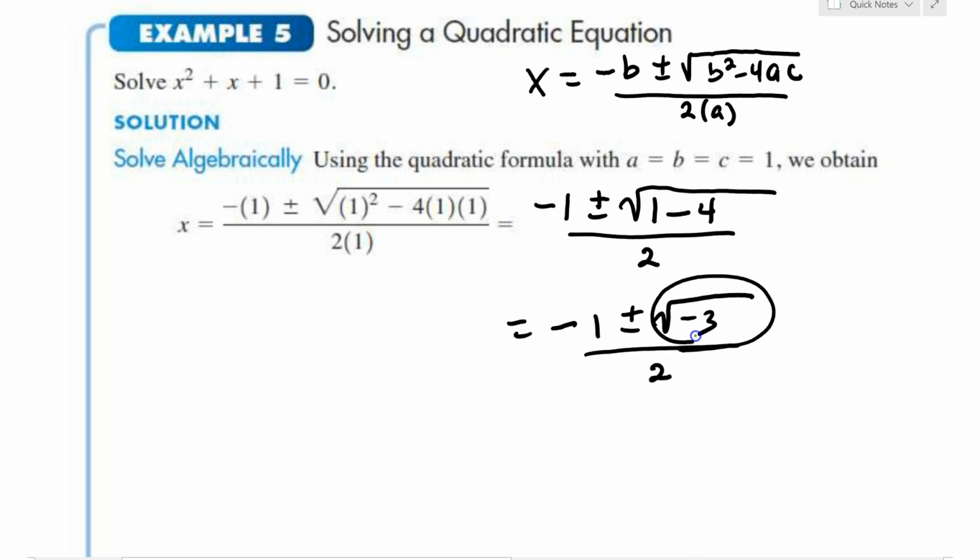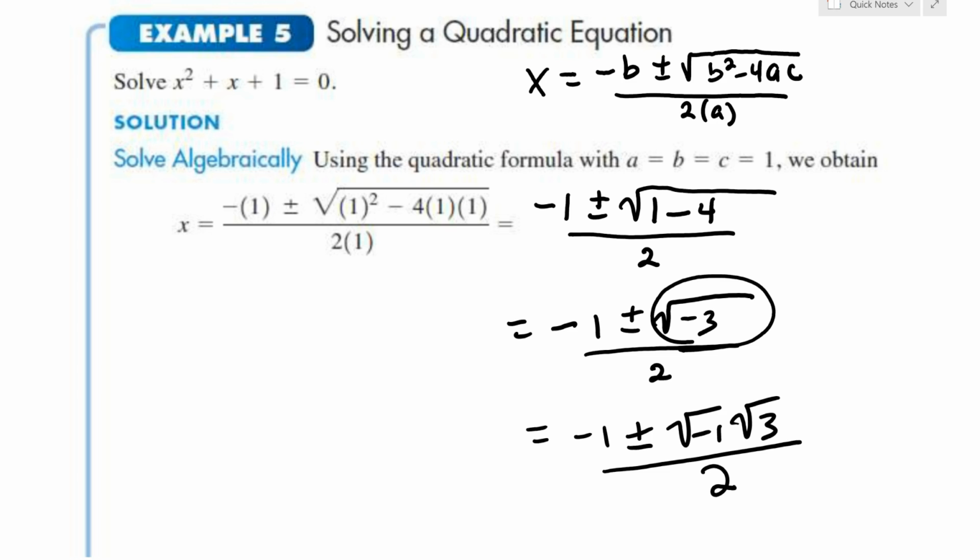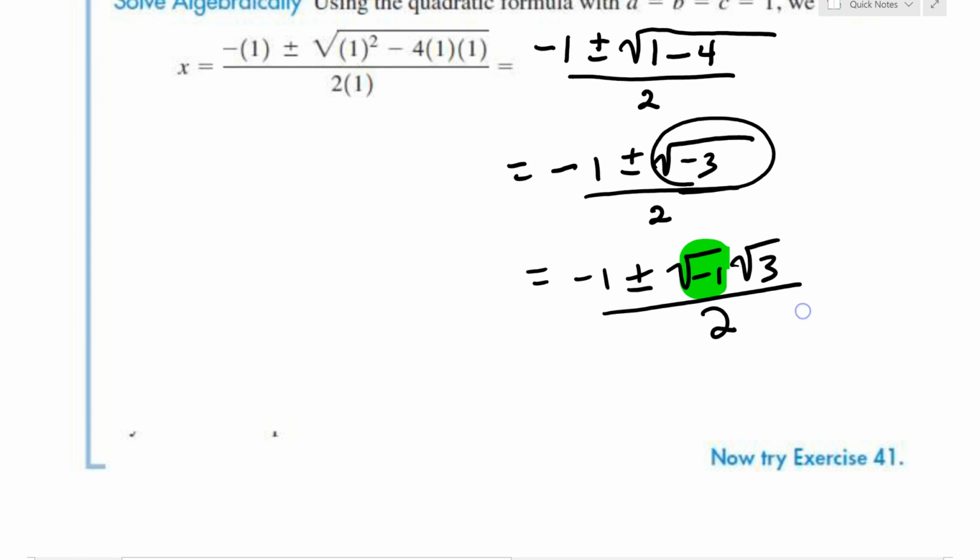This right here is imaginary. So it's going to be negative 1 plus or minus square root of negative 1 times the square root of 3, divided by 2. And I did that on purpose because I want to make a point here. That square root of negative 1 is i. So what are the roots? The roots will be imaginary. So it's going to be x equals negative 1 plus or minus i square root of 3 over